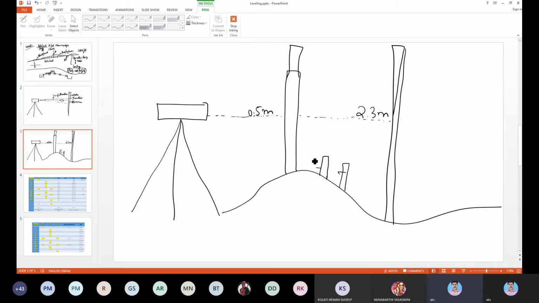This way, one can easily understand how the data is collected in the site, and accordingly one can anticipate what kind of ground it is. Is it rising ground? Is it falling ground, like that? So this way, this staff can be used to collect level data, right? And you further analyze in the site. And the third thing I told, we use a measuring tape.